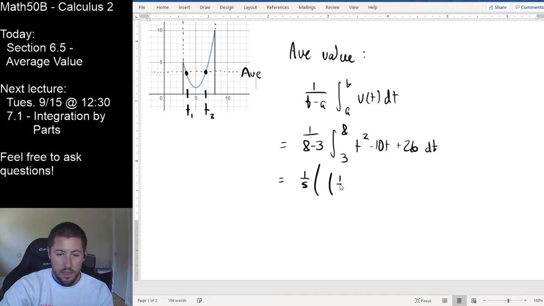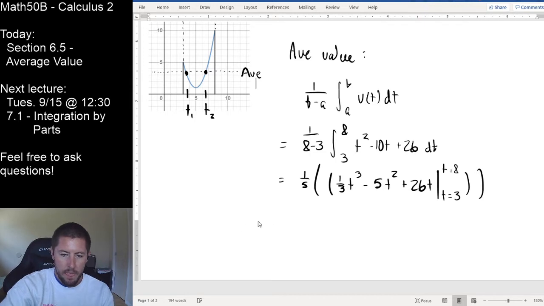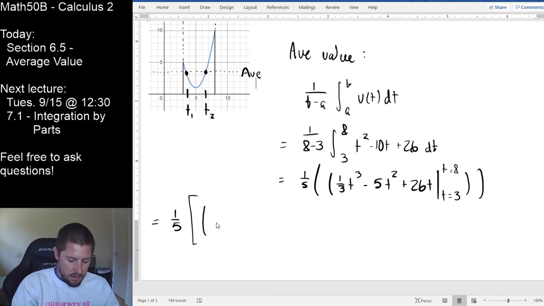the integral, and the integral gives 1/3 t cubed minus 5t squared plus 26t. And we are evaluating this from t equals 3 to t equals 8. All right, I'm actually going to have to do some work here. This is kind of annoying. Looks like I'm going to be getting 1/5 times, and I'll give my 2 groupings in here. Let's see, 8 cubed is not 216, right? 8 cubed, 512. I was off by half. So I'm going to get here a 512 over 3